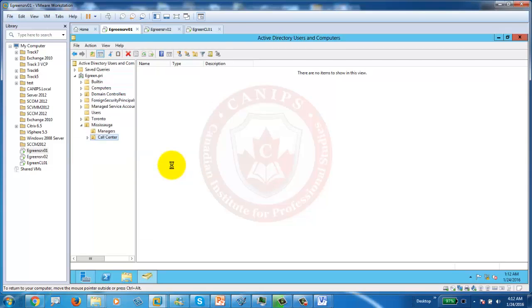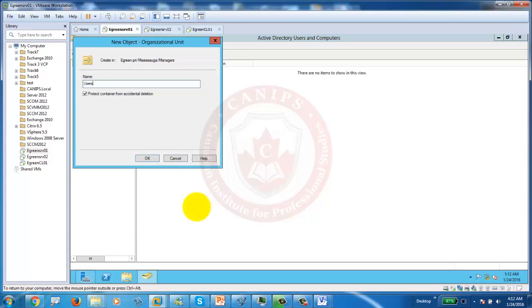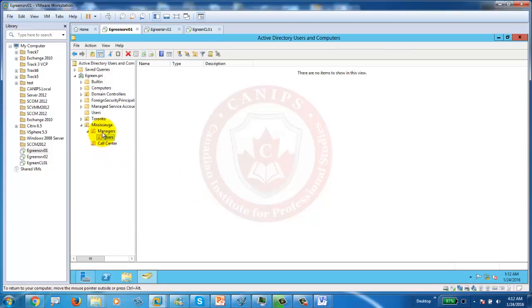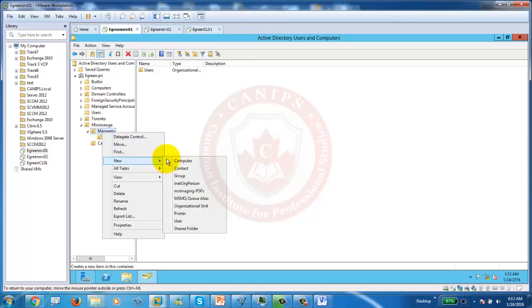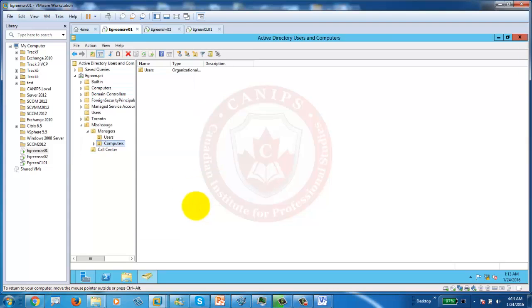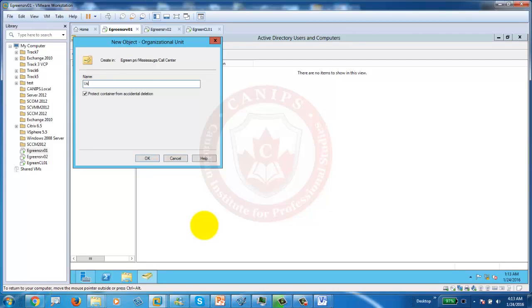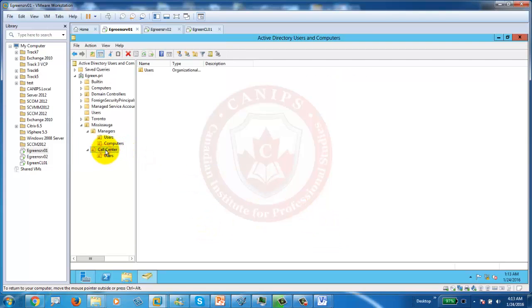Call center, and then under manager I'm going to create users, and under manager I'm going to create computers, and here I'm going to create users and